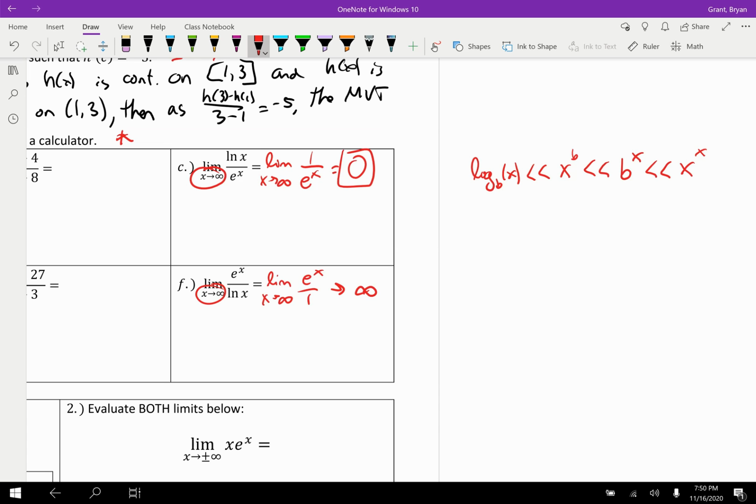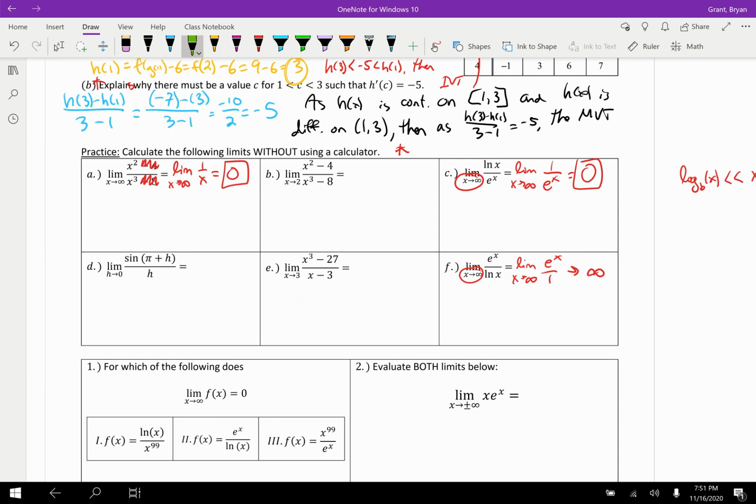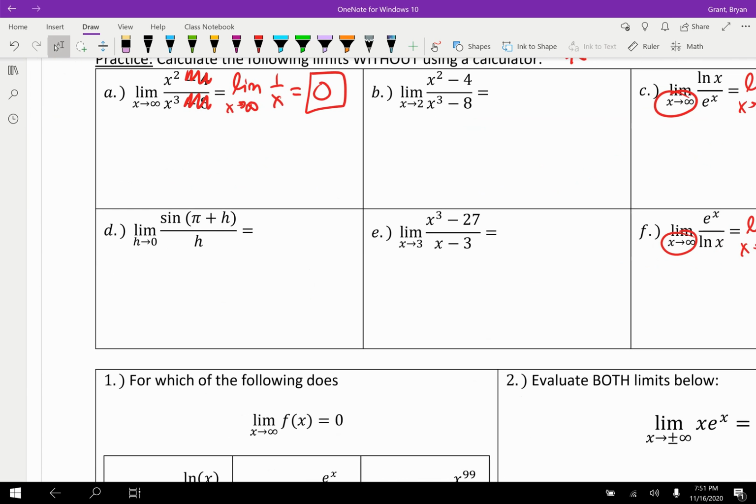It just means it tends towards something really, really large. So those aren't bad. Also not bad, but tricky, is this part D. This part D, reminding you, looks like that limit as h approaches 0 of f of x plus h minus f of x over h, which means this is finding f prime of x. Or if there is a value plugged in for x, as there is up here,